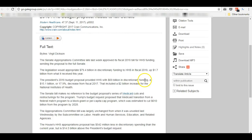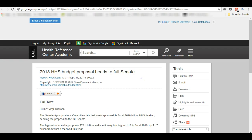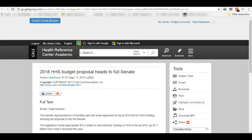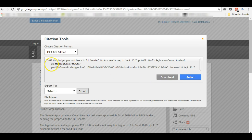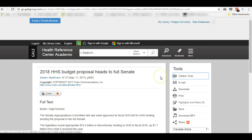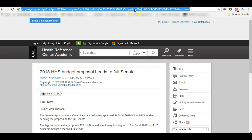the original. Of course, make sure you're signed in to the library databases before trying to click on links that may not have the Hodges stanza in it. As always, if you want to make sure you have a stable URL, you always go over to Citation Tools and get the permanent link here. But it's just a quick and easy way, and if you're on campus, you'll automatically be signed in. So it's one quick way of saving academic articles, but again, that's why Zotero is a little bit more popular